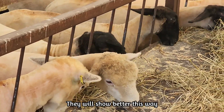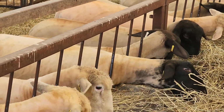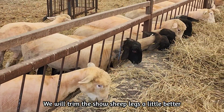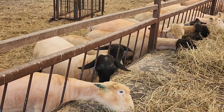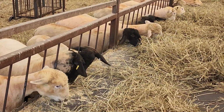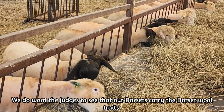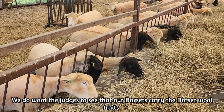And we're going to just leave the legs, except for the 3 we pull out to be show sheep. And we'll get the show sheep ones trimmed up a bit, but like the heads, we will leave the wool on to show that they do have the Dorset traits, which are to have woolly legs and the woolly cheeks and the woolly poll. That's why we leave it on for showing. So